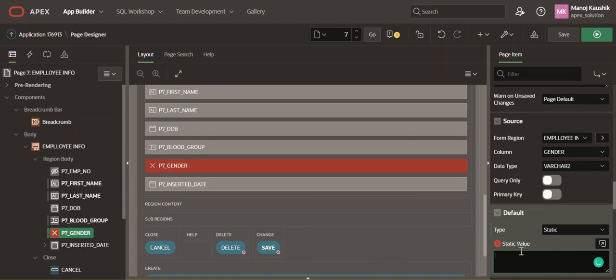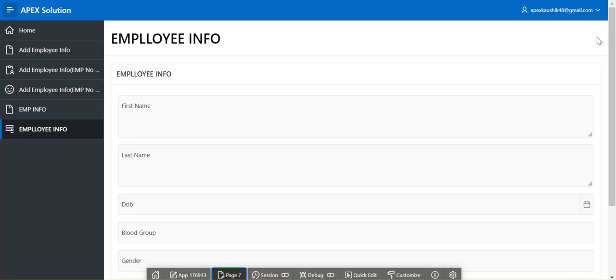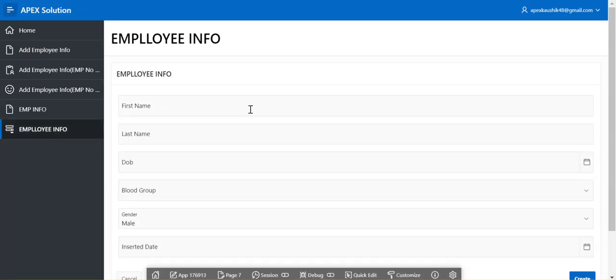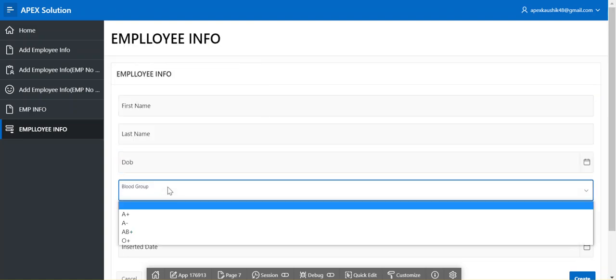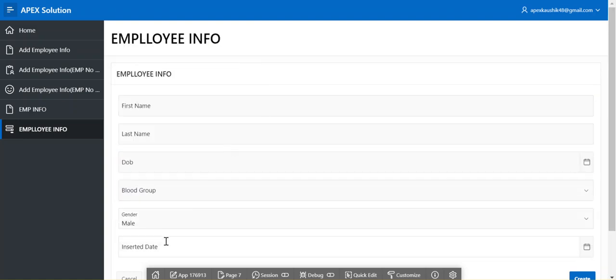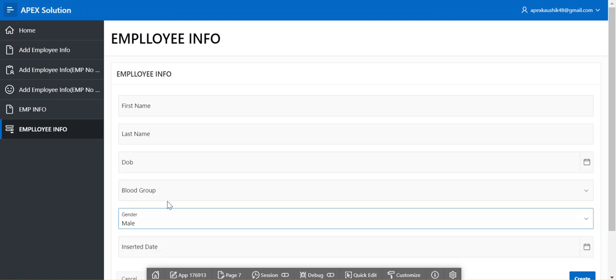From here you mention your return value there. Switch. So you see you just changed it to text field, date of birth, blood group, date, program and gender,